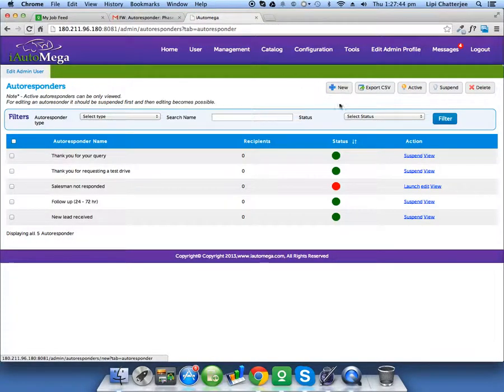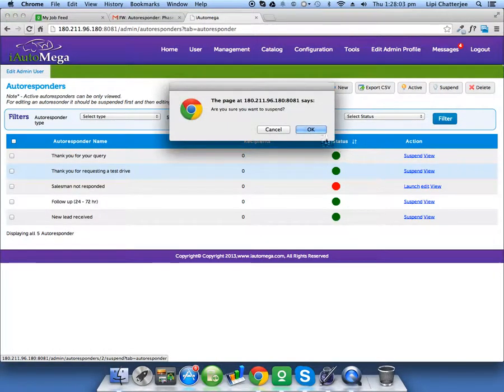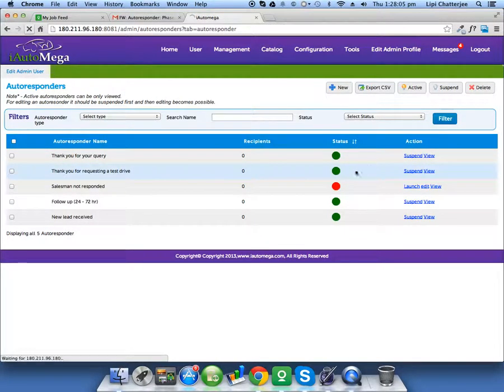So clicking on the new button, it should take me to the interface for creating the autoresponder, and here you can see a lot of them have been created previously, some of the green ones and some of the red ones. The red ones show that they are in suspended mode. If I click on suspend, it should take me to the red button, indicating that this autoresponder is in suspended mode.